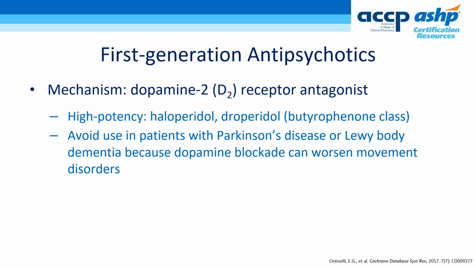First-generation antipsychotics have a long history of use for the treatment of agitation. These medications inhibit the transmission of dopamine in the brain, which reduces the psychotic features inciting the agitation. The two most common first-generation antipsychotic agents used in the treatment of agitation are haloperidol and droperidol, which are both high-potency dopamine 2 receptor antagonists. Of note, the use of droperidol to treat agitation is currently not approved by the FDA.